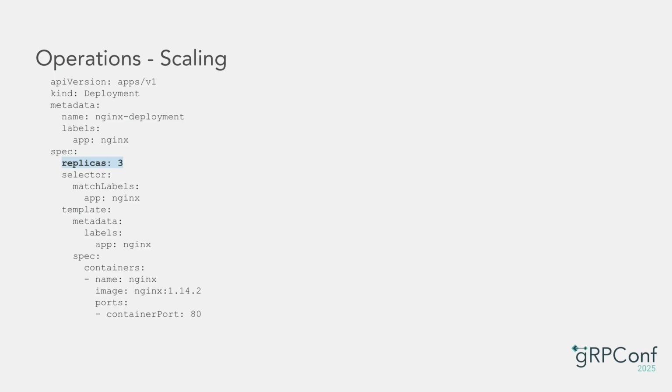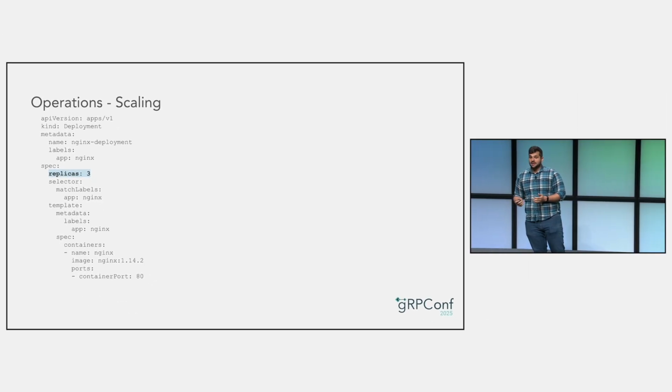And when running on a cloud provider like GCP, if increasing the replica count would mean running out of machines, GKE will simply provision more VMs to put your software on. But things can get even more automated than that. Kubernetes allows you to hook up various metrics like CPU utilization or requests per second to automatically trigger scale-ups. And that's called horizontal pod autoscaling, or just HPA.